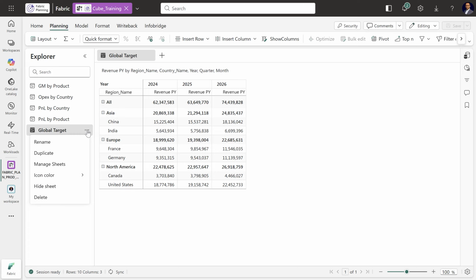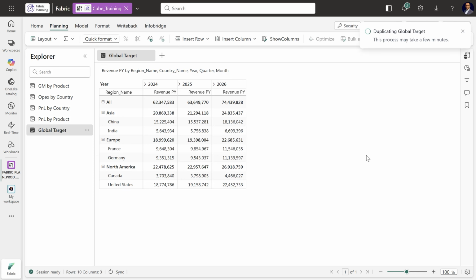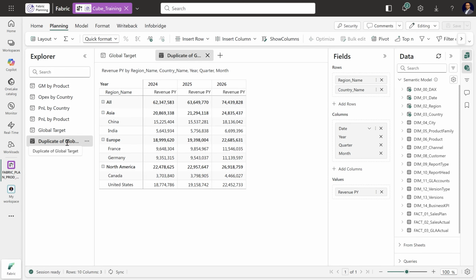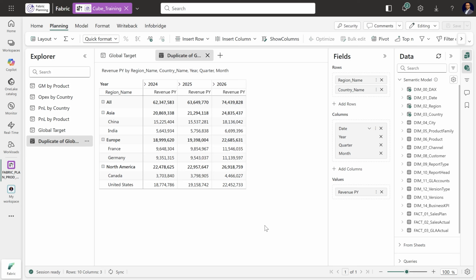So we will just click the Explorer pane and then click the ellipsis and then duplicate this. Of course, we'll click on duplicate because we have not done any write back settings, write back destination selections, or info bridge measures. No subscriptions there, so we are good to go ahead and proceed with duplicate. Now, let's change this. The second app was supposed to be target by channel, and this will be channel and country and product family. So we'll say same channel, but there are three dimensions we are going to use. I'll save this,